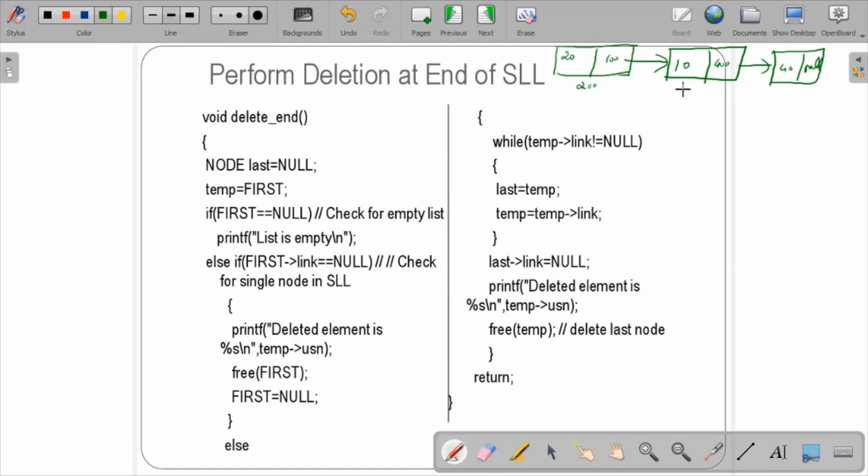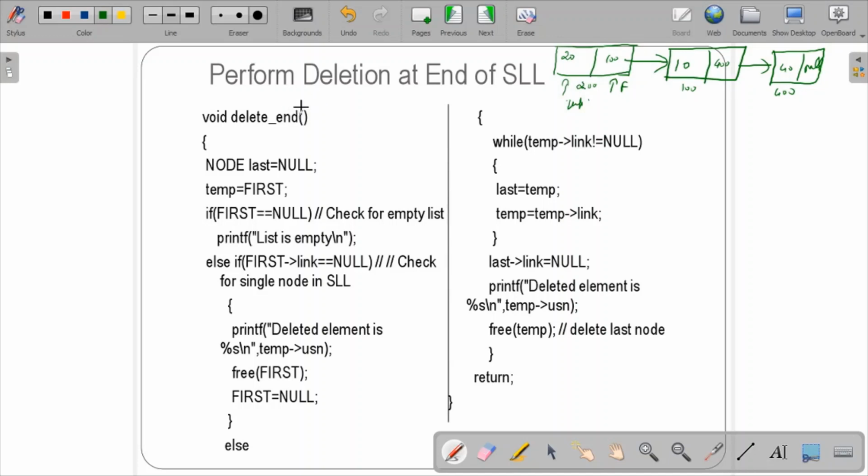Sorry, yeah, this is 200, this is 100 and this is 400. So this was first, and this was first, and he has told this also let us keep as temp. So check over here, void delete end.